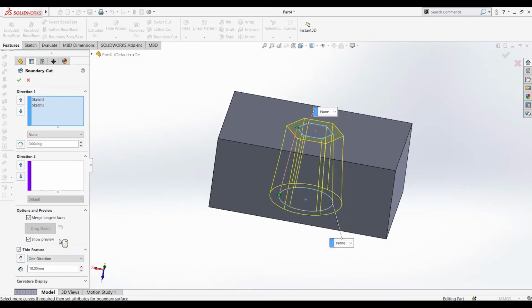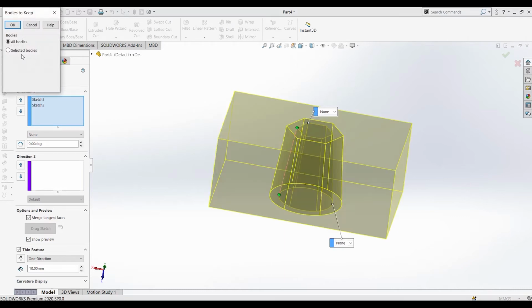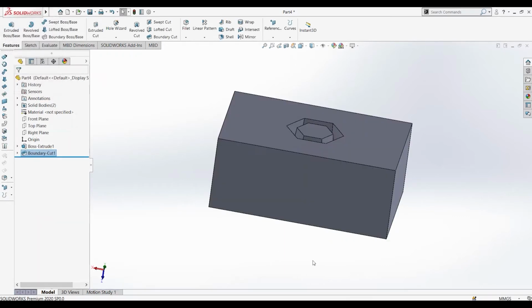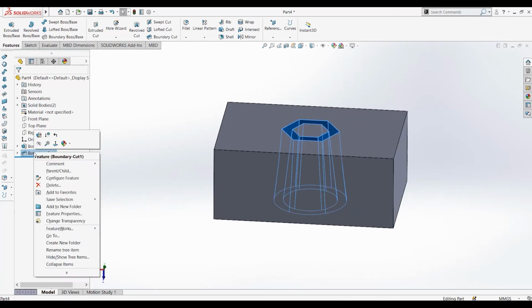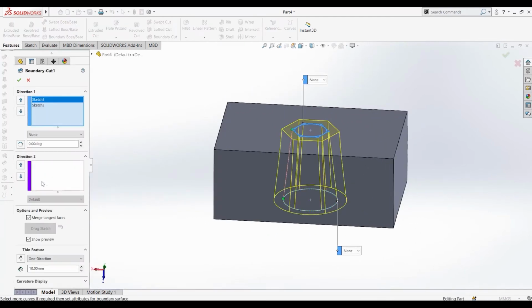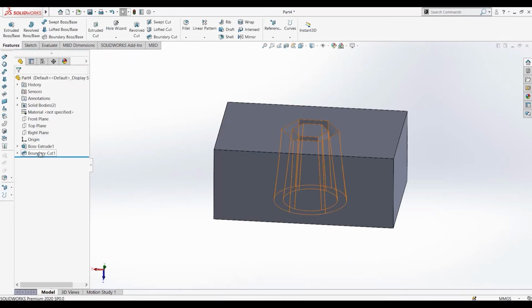So as we have seen in the other cut options, we get to say which all bodies we want. So I can save all the bodies also, and again we can choose the guide curves over here in direction 2. So I'll just undo this operation